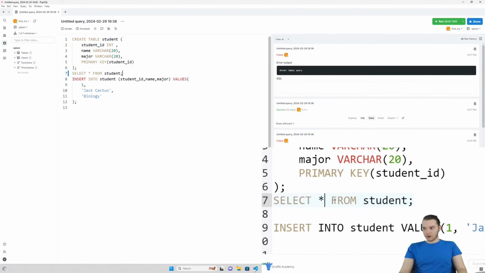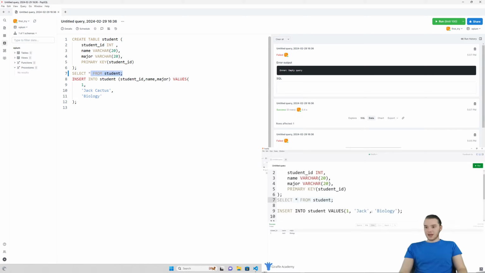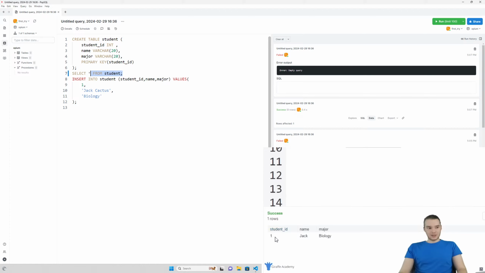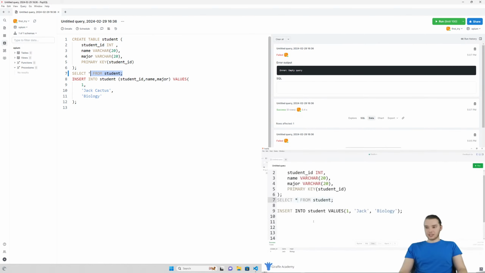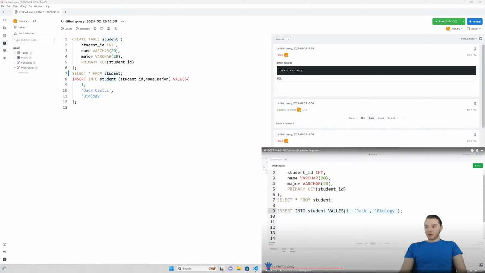So I'm just going to click on this query here, and I'll click run. And you'll see down here, we get this table. So it says student ID 1, name Jack, major biology. So far in the student table, we have one student, which is Jack, and he's a biology major. So why